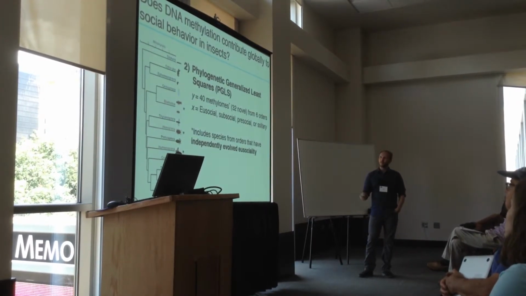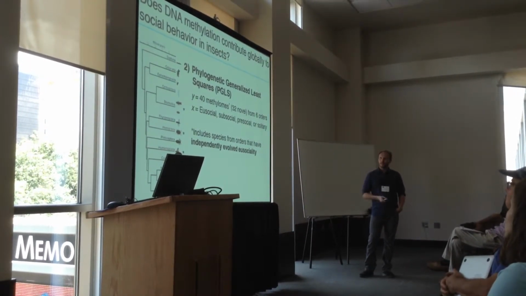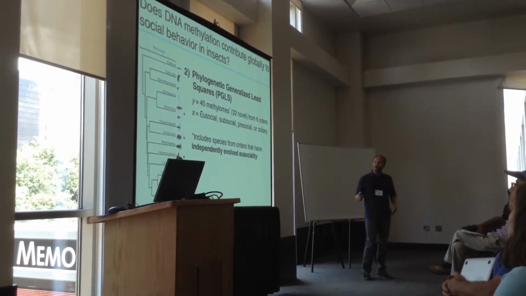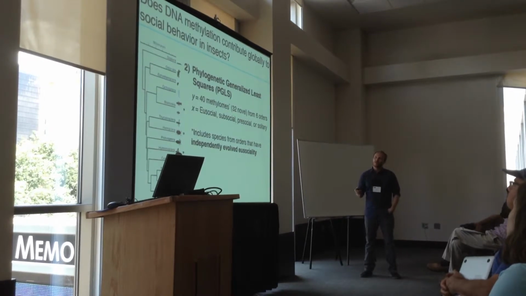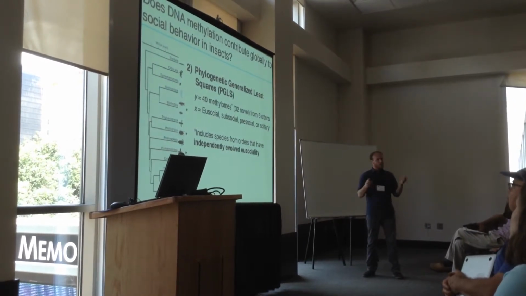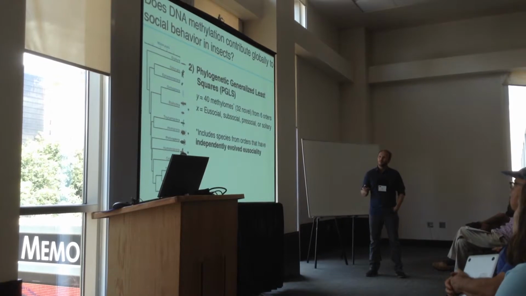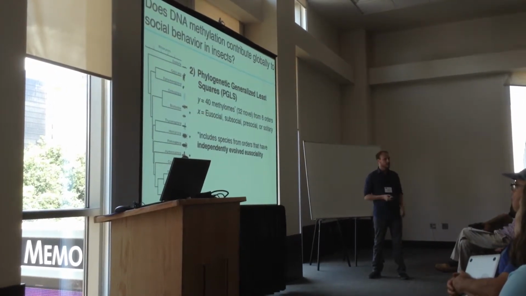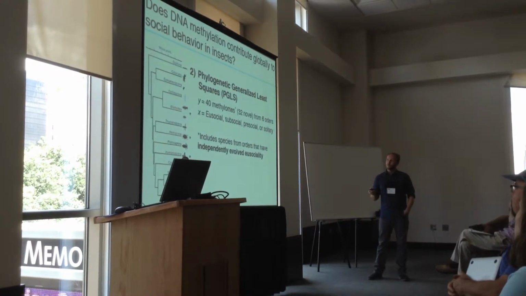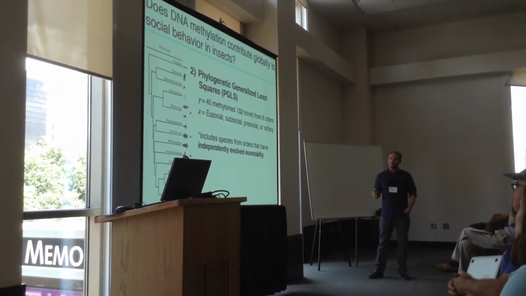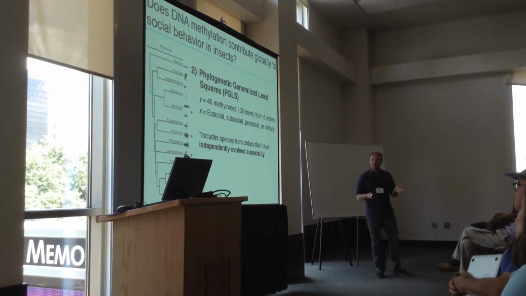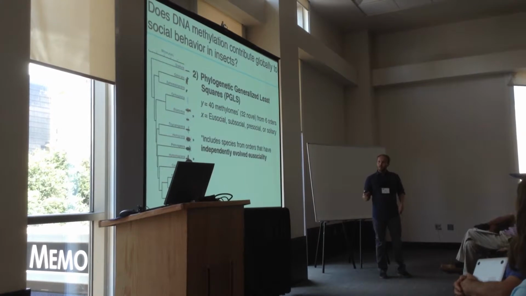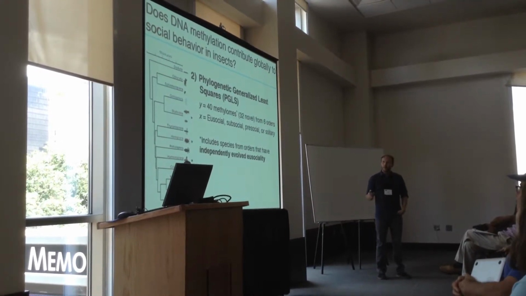The second test we performed is a PGLS test, phylogenetic generalized least squares. Slightly different test, slightly different data going into it, where we can have DNA methylation coded as a continuous trait. So we did whole genome bisulfite sequencing from 40 different insect species, 32 of which we generated novel data for, so 32 new species of insects from 6 different orders. We had a little more liberty in how we can call our other traits, our social traits. So we categorized insects as eusocial, subsocial, presocial, or solitary.